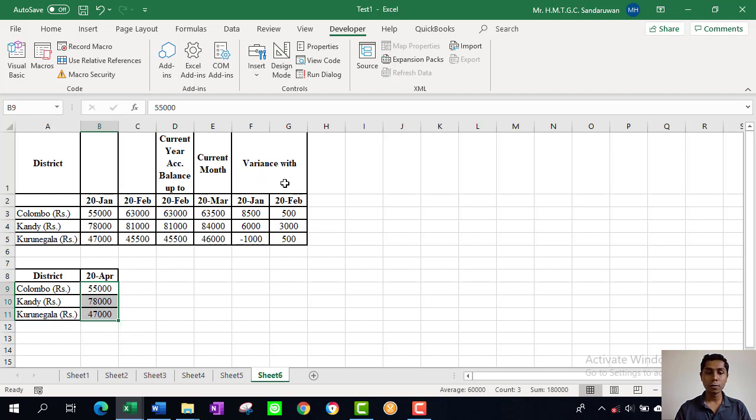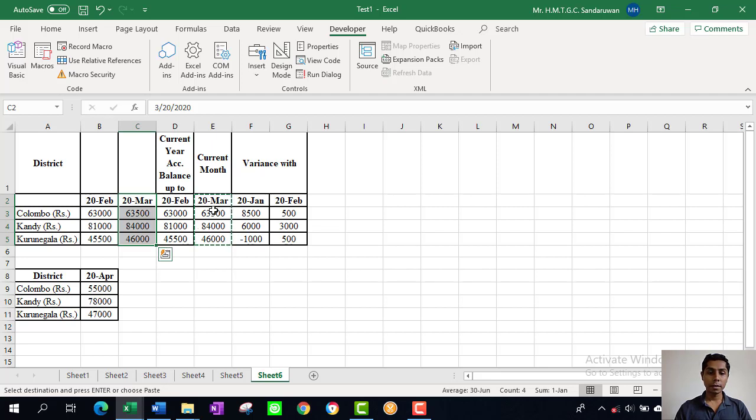So first I will cut the previous month and copy to the cells that the January data were available, and this month I copy it after the February,